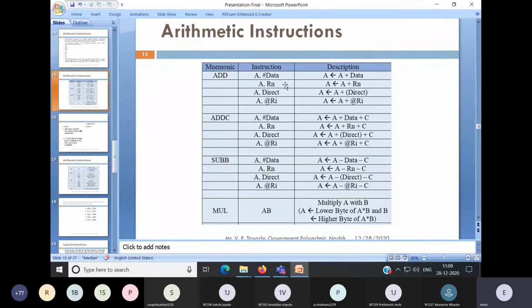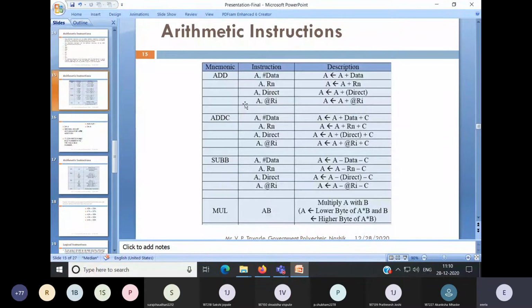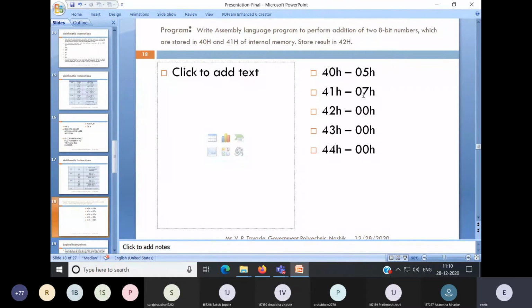As it is already in memory, the second version we will also not use. The third is possible, but we will not go for the third. We will go for the fourth version because it will save one instruction. That should also be one aim while writing the program, that you complete your target using the minimum number of instructions. Correct? So initially, the requirement of this instruction is that at least one of your data should be in the accumulator.